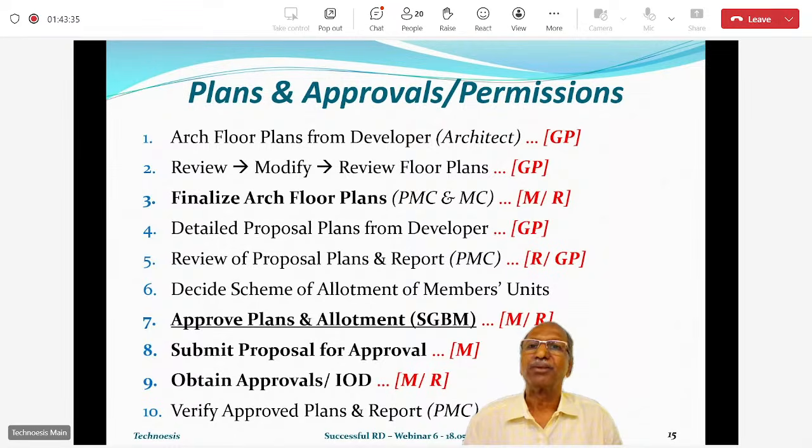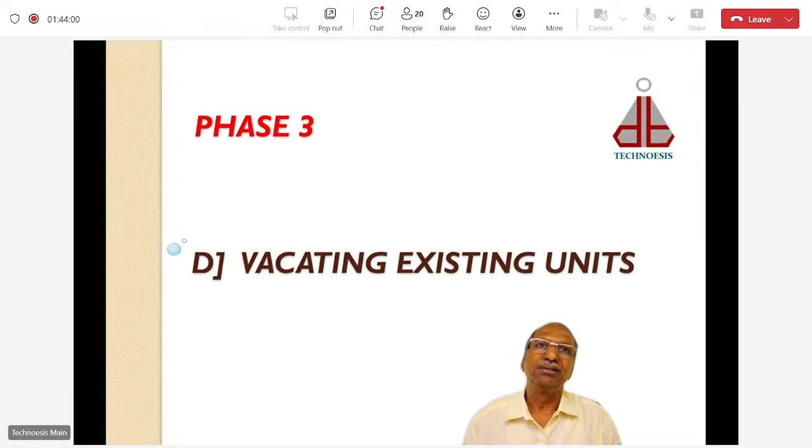First, when the floor plans are received, and a report is prepared. Second, when the proposal plans are received. And third, when the proposal plans have now been approved, whether the approval is correct or not, and whether the IOD is correct or not. So this is the kind of due diligence which your PMC has to do, and now we are ready with